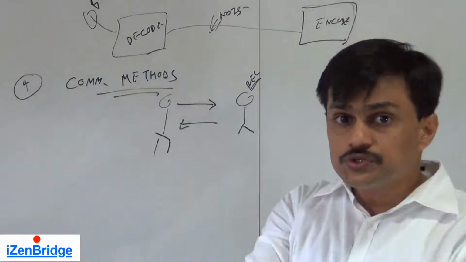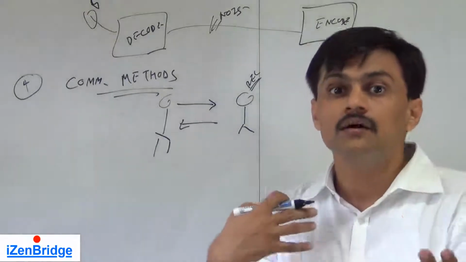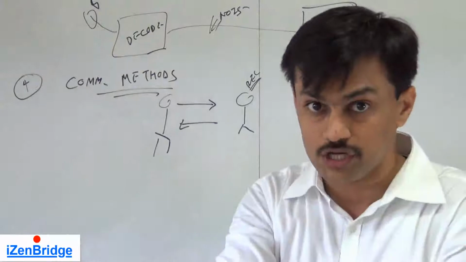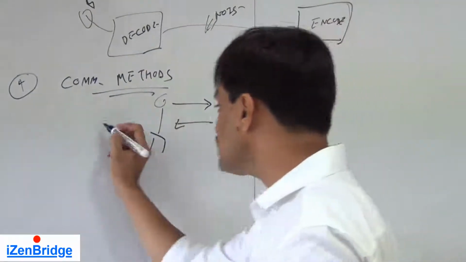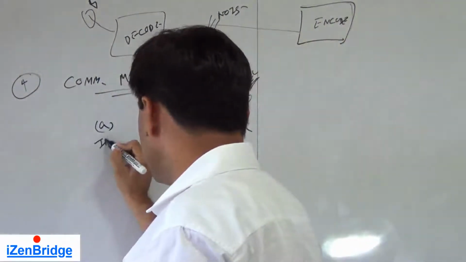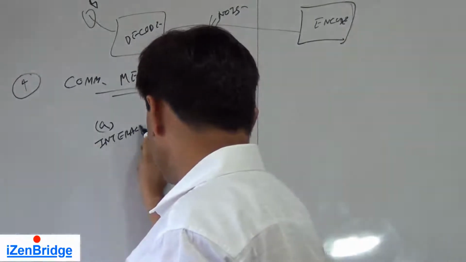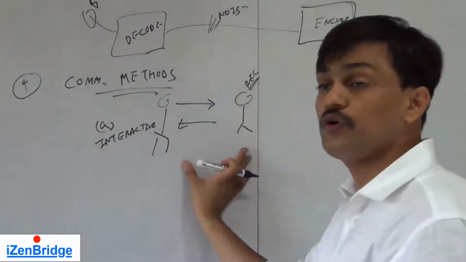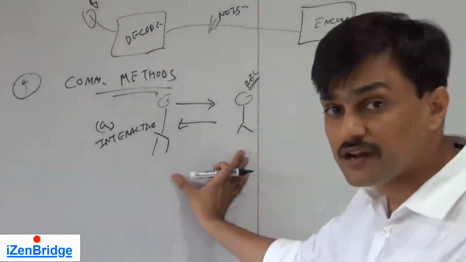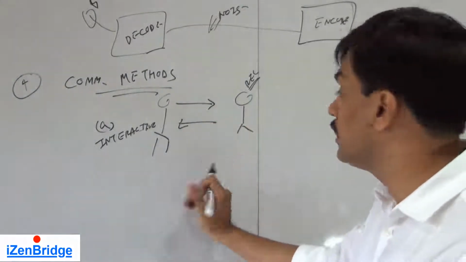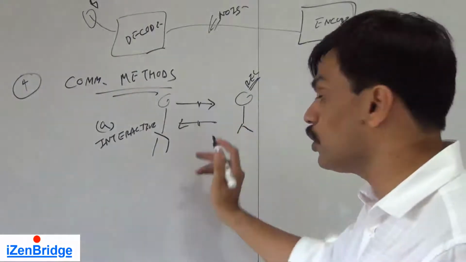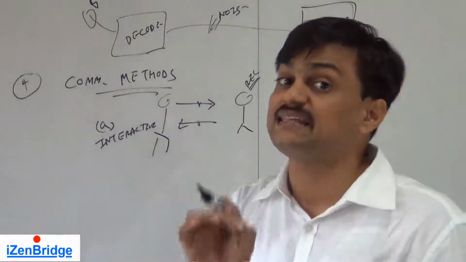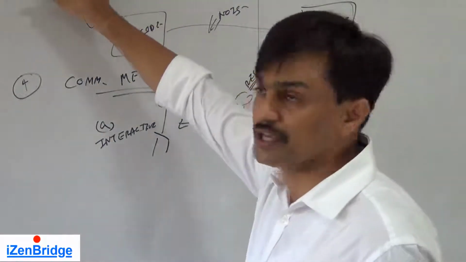So if I am talking to you in a classroom, I keep interacting till the time I am sure that yes, you got the right message. So it's an interactive method. So the first communication method is interactive. When you are dealing with your team members, you make sure that you follow the interactive model. Even if you are not face-to-face, even if you are following email, there may be a gap, but you try to follow an interactive model where you make sure that your team member is getting the right instruction as per your thinking.